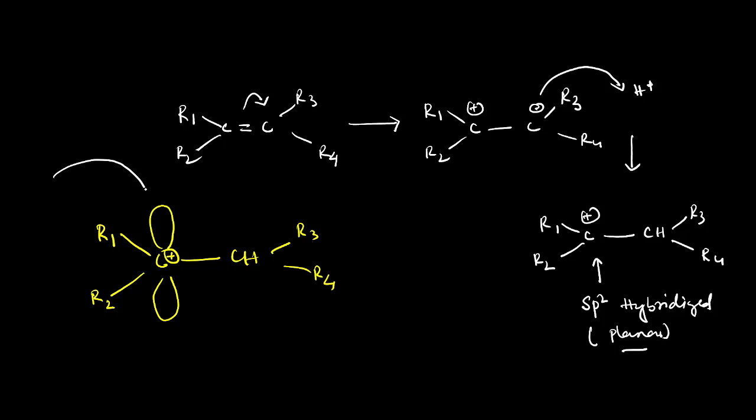Now, the nucleophile can approach from above the plane or from below the plane. We have a 50% probability that the nucleophile approaches from above the plane, and a 50% probability that it approaches from below the plane also. So in this process we can form two kinds of product. Now finally we have to say what the relationship is between those products.